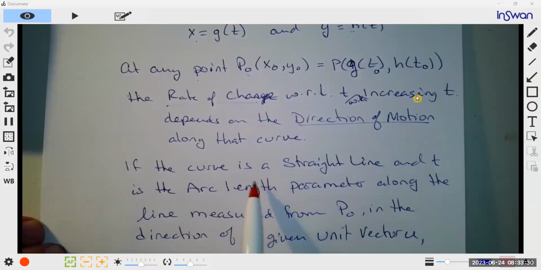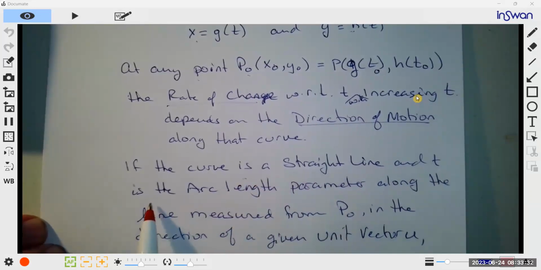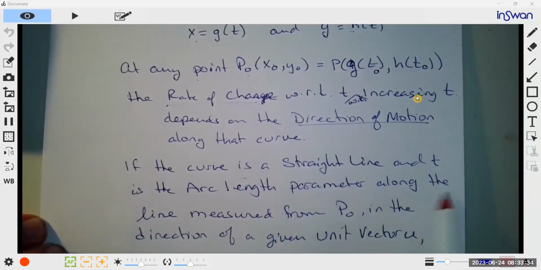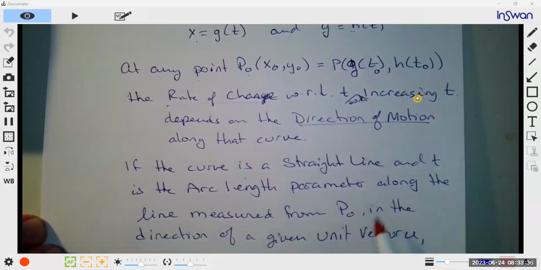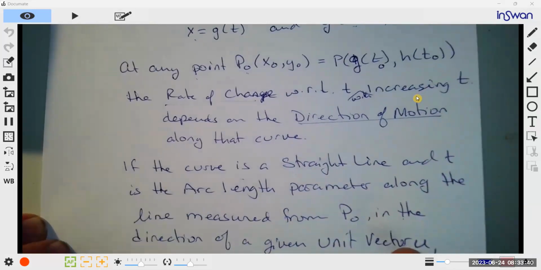So if the curve is a straight line and t is the arc length parameter along the line measured from p sub 0 in the direction of the given vector u,